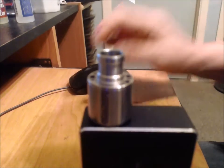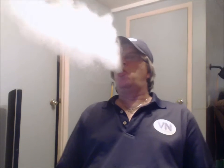So let's take it up top, take it for a spin. Okay, let's see how she does. I got this at 70 watts. The flavor is really good. There is really not a lot of vapor production. I've been trying this on different wattages, up and down. 70 was my sweet spot, and I'm going to try something now because